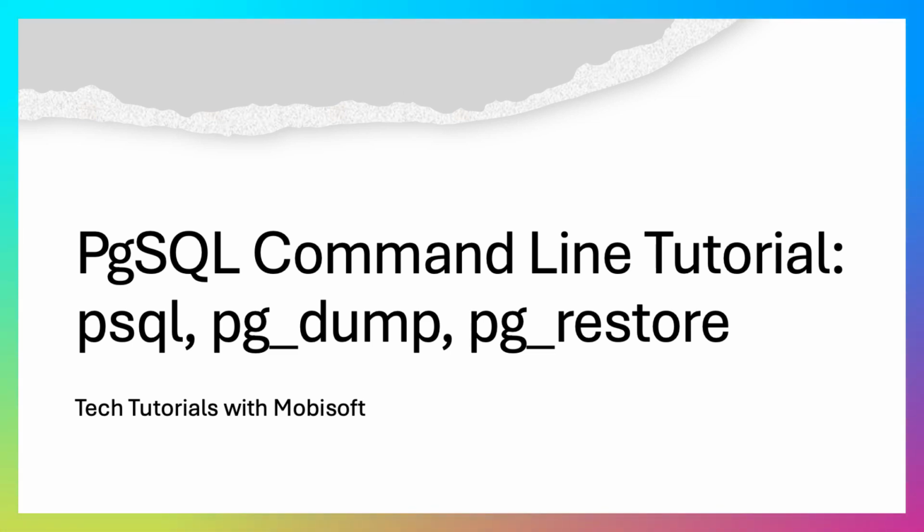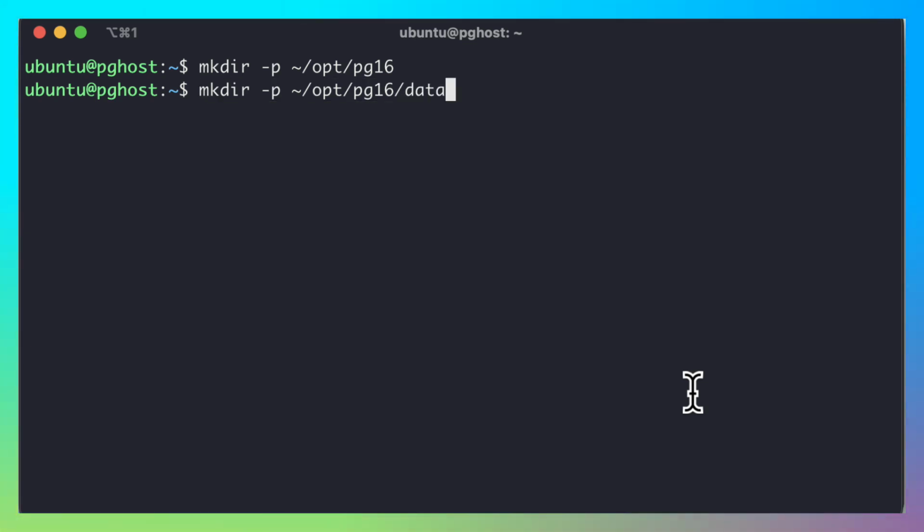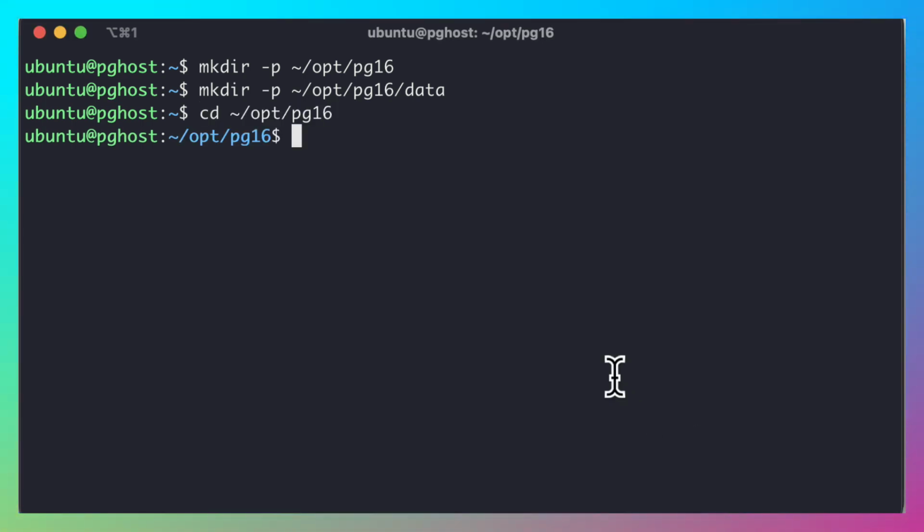So let's get started. I have logged in to a Linux computer. Now let's first create some directories to make our life easy. In our home directory, we are creating an opt directory, and inside that we are creating a pg16 directory. 16 because we are going to use PostgreSQL version 16, which is the latest version of PostgreSQL. Then we create a data directory inside the pg16 directory. Then let's switch to the pg16 directory